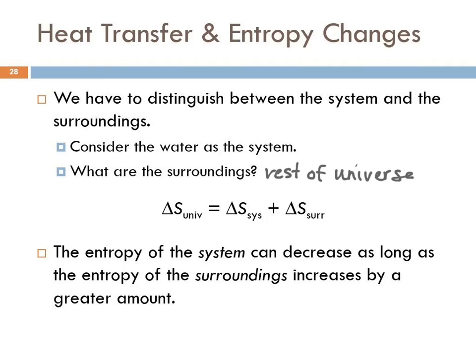The change in entropy of the universe is equal to the change in entropy for the system, the water, plus the change in entropy for the surroundings. If we divide the universe into two pieces, the sample of water and everything else, and add the change in entropy for both of those things, we should...